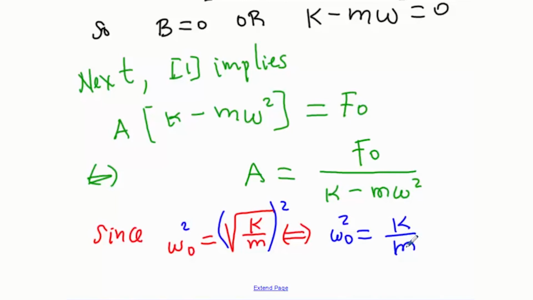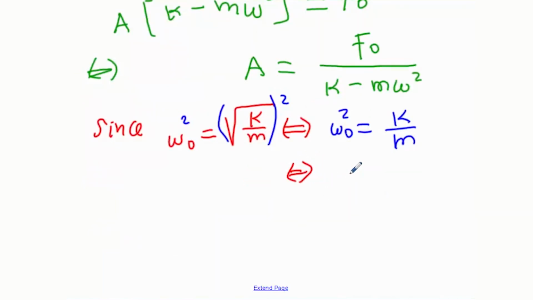And in fact, we could represent k as m times omega 0 squared. This would be equal to k. So these statements are if and only if: k can be expressed as m times omega 0 squared, not the same as omega. k is m times the square of the natural frequency. And so that means that we can go back to this expression and substitute and find a new expression. So we rewrite